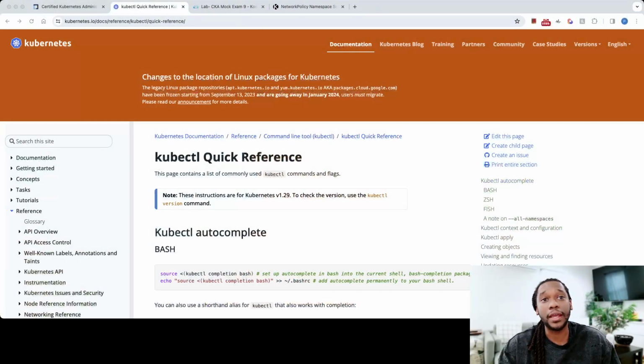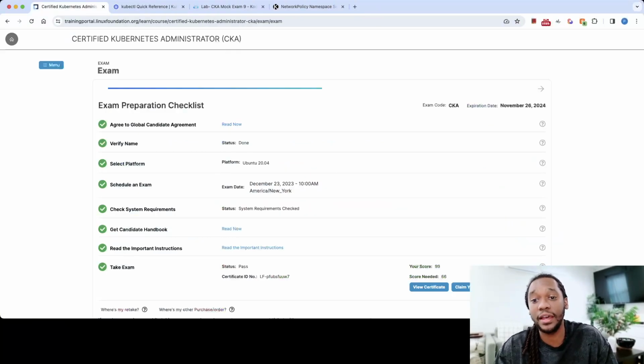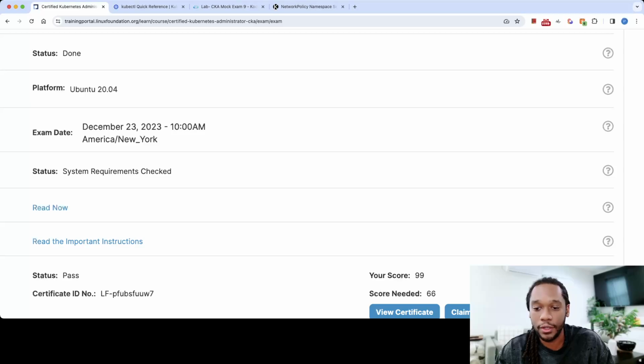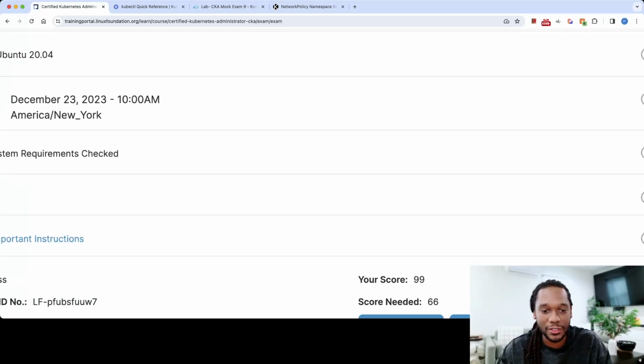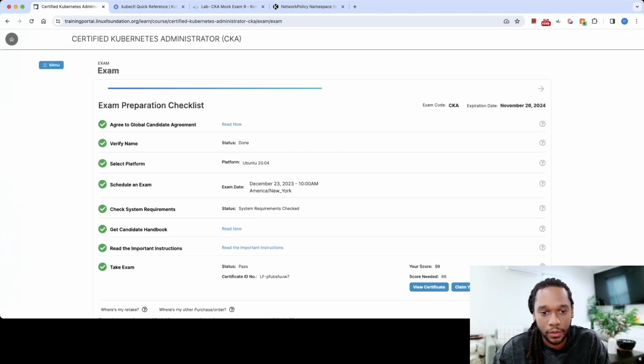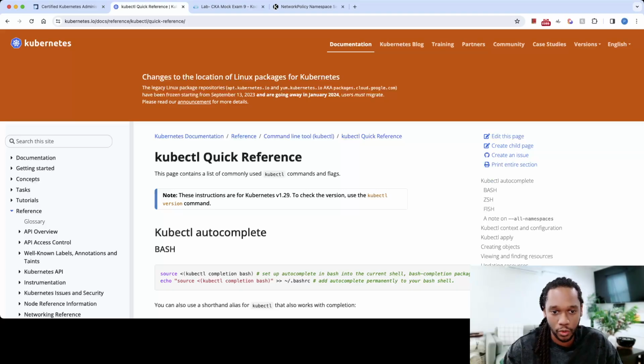the score that I got here, just to show you guys that I'm not lying or anything like that. So if you guys can see here, that bad boy right there, that big 99 there. I just did it a few days ago on the 23rd of this month. So I wanted to end the year with a boom, and I think I've done that. But that's not what the video is about. The video is about getting you guys prepared and set up for taking the exam and getting the best results